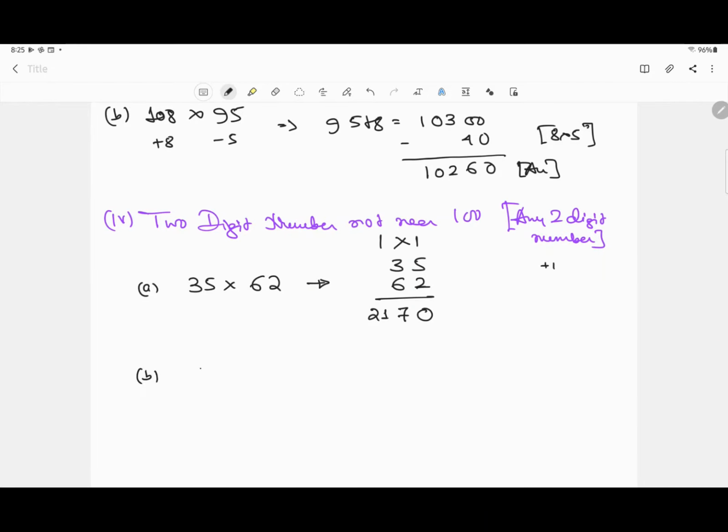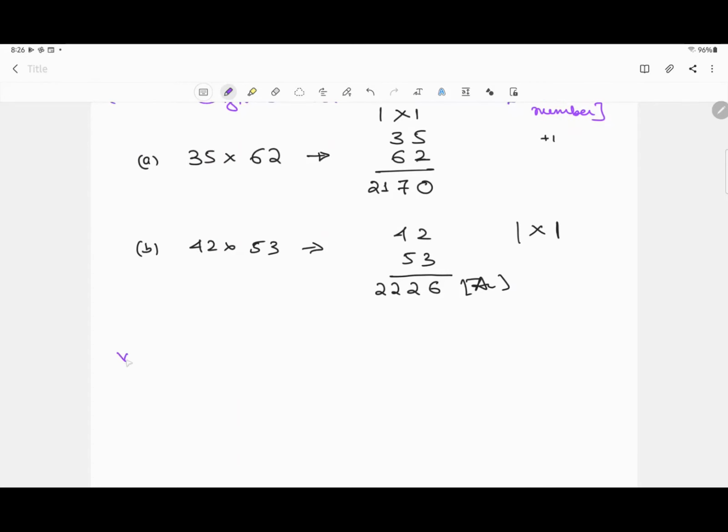Okay. So, let us take another example, 42 into 53. So, first is the vertical multiplication, then the cross, then again vertical. Okay. So, 2 into 3 is 6, then cross, which is 5 into 2, 10, and 4 into 3 is 12. So, we put 2 and then 4 into 5 is 20 and then we will put 22. So, that is 2226, which is the answer.